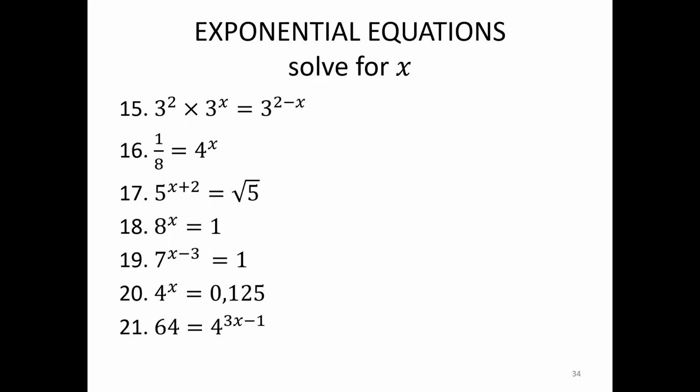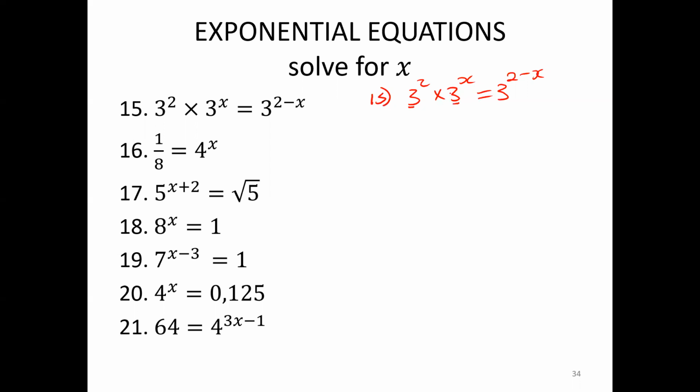For the first one, you realize that you've got similar bases throughout, but on the left-hand side, you've got bases multiplied. We can't have two bases on one side. We need to have only one base. You need to remember the exponential law of multiplication. When you multiply the bases that are the same, which is 3 and 3,